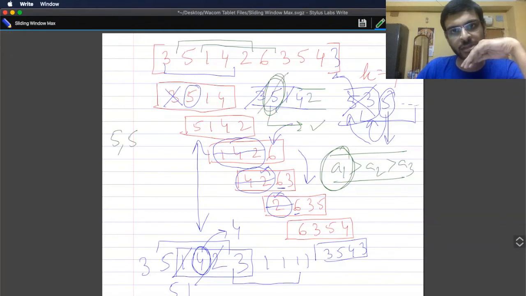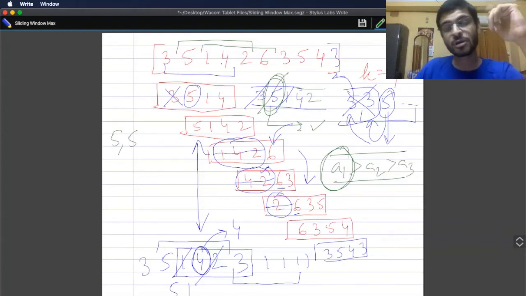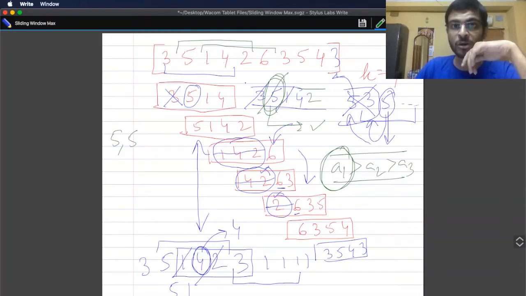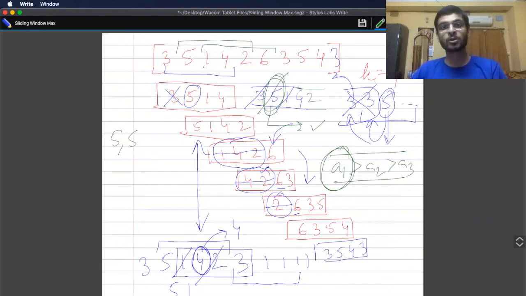नाउ वी हैव रिमूव्ड दिस, बट सी वी हैव ऑलरेडी रिमूव्ड 1। ये जो 1 ही हमने रिमूव कर दिया, बट सी हमारा हाइपोथेसिस क्या था? इसको 4 ने रिमूव किया। 4 ने क्यों रिमूव किया? क्योंकि 4 इससे बड़ा है। एंड वॉज 4 रॉन्ग? नहीं, 4 हमारे पास है, तो डेफिनेटली हमने 1 को रिमूव करके कुछ गड़बड़ नहीं किया है।